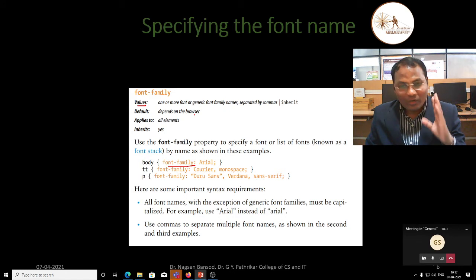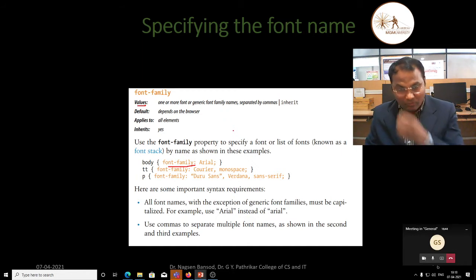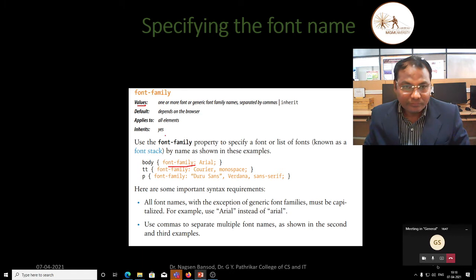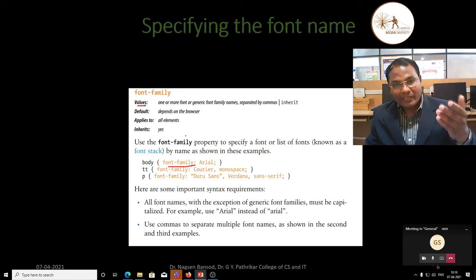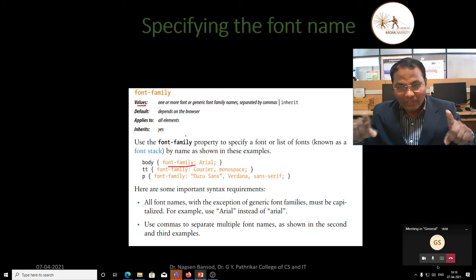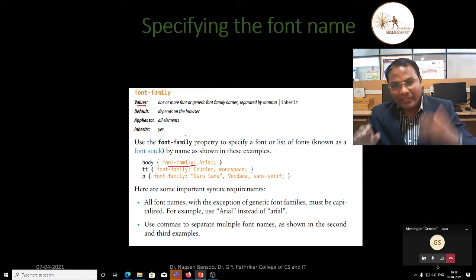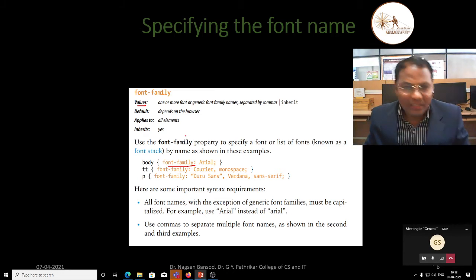Suppose you have not entered any font family or font properties, then the program itself displays according to the browser's rules. It applies to all elements, and it is inherited. If we have already given a font family name like Arial somewhere, that will be inherited by the following contents.